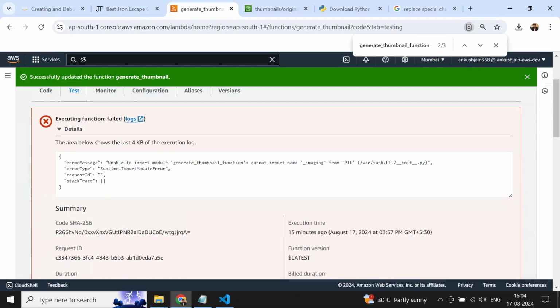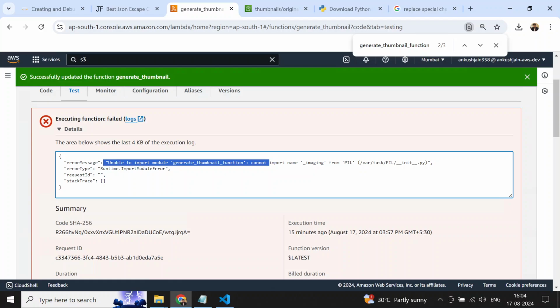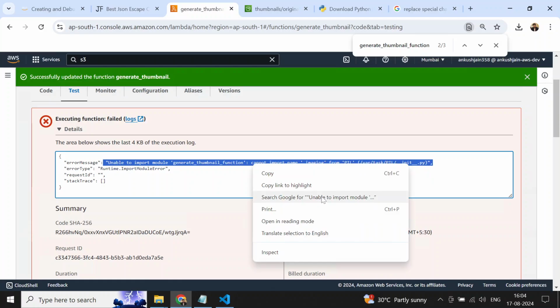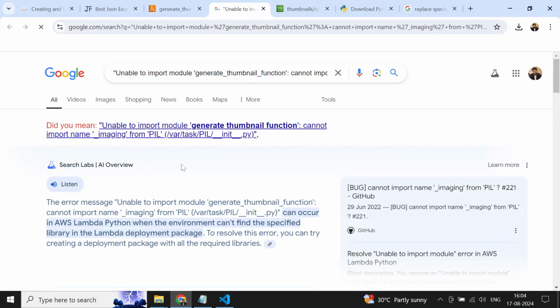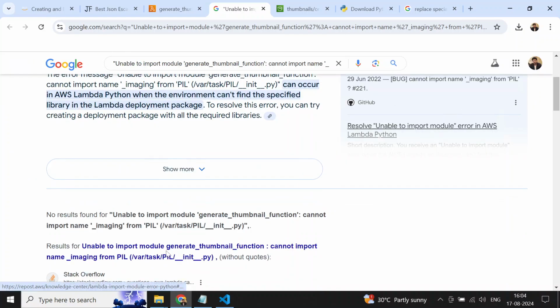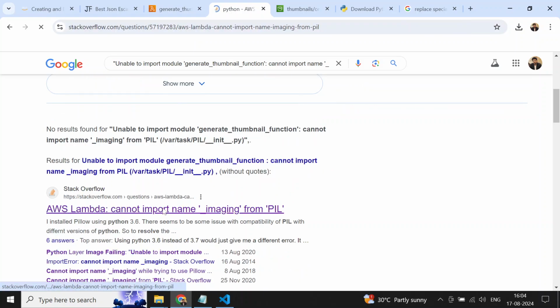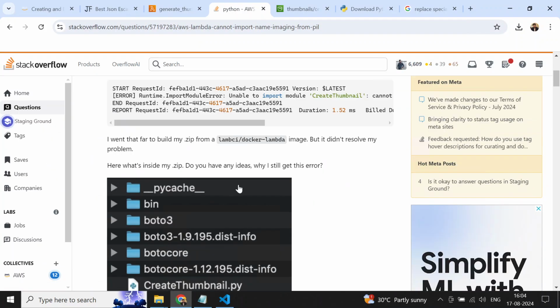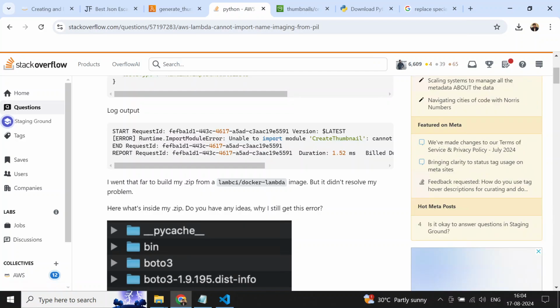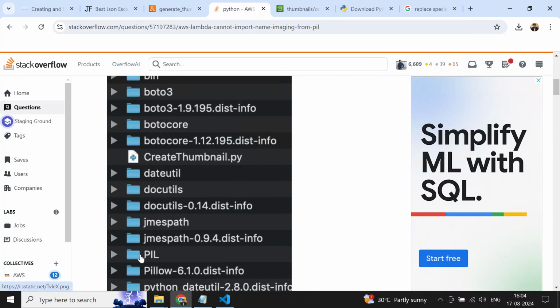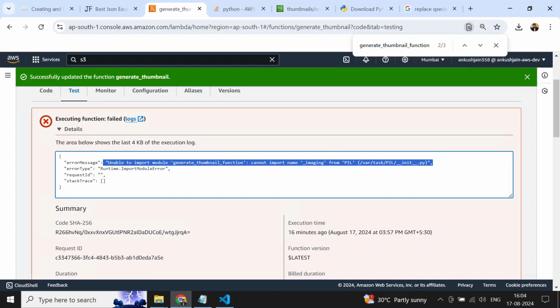So it is failing, and I don't know why it is failing. It worked locally, so let me just search on Google. I have searched it, and I found it is pretty much a non-issue. A lot of people have faced this issue. This issue is related to the Pillow library, which has the PIL package, which we are getting the error for. But again, I don't want to debug this and get it